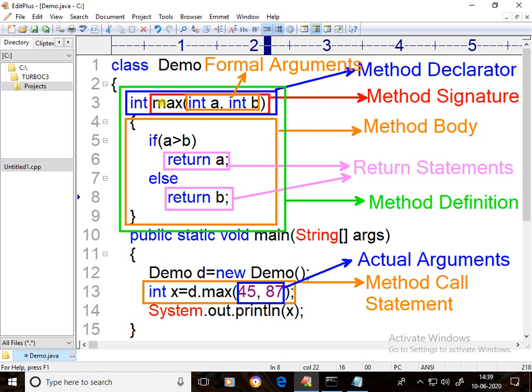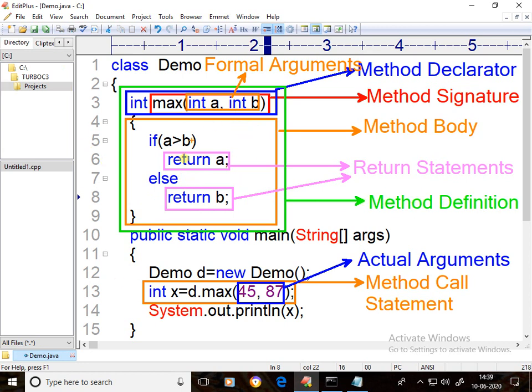Say once again: method name and arguments is called the method signature. Return type and method signature is called the method declarator. Open brace to close brace is called the method body. Return keyword statements are called return statements. Method declarator and method body is called the method definition.